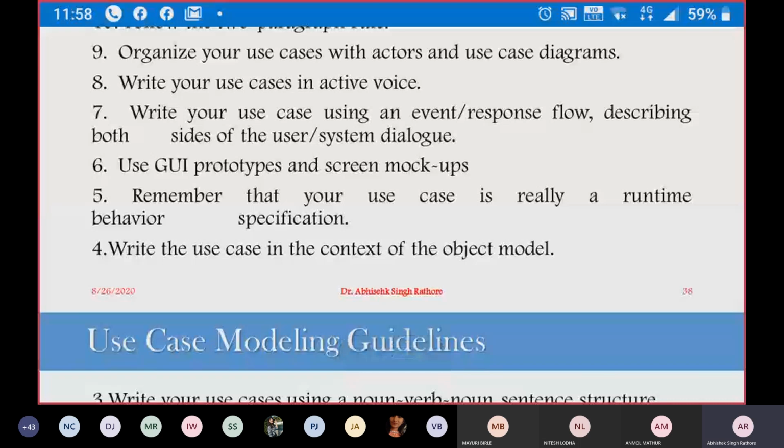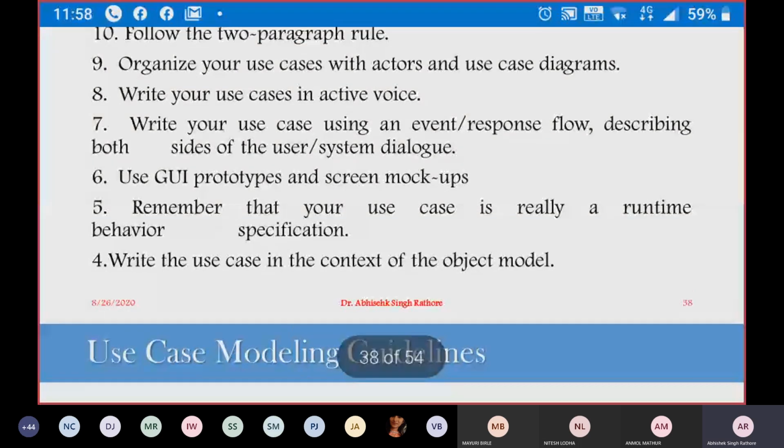So one use case might be logging into your system. In the next increment or the next iteration, we will develop a sequence diagram from these use cases. So for developing these use cases, you have to write just a real-time behavior specification